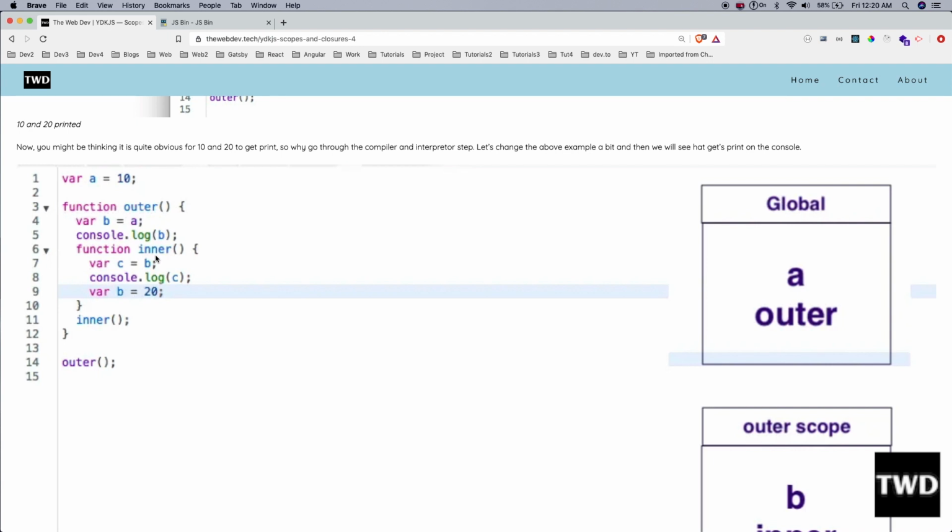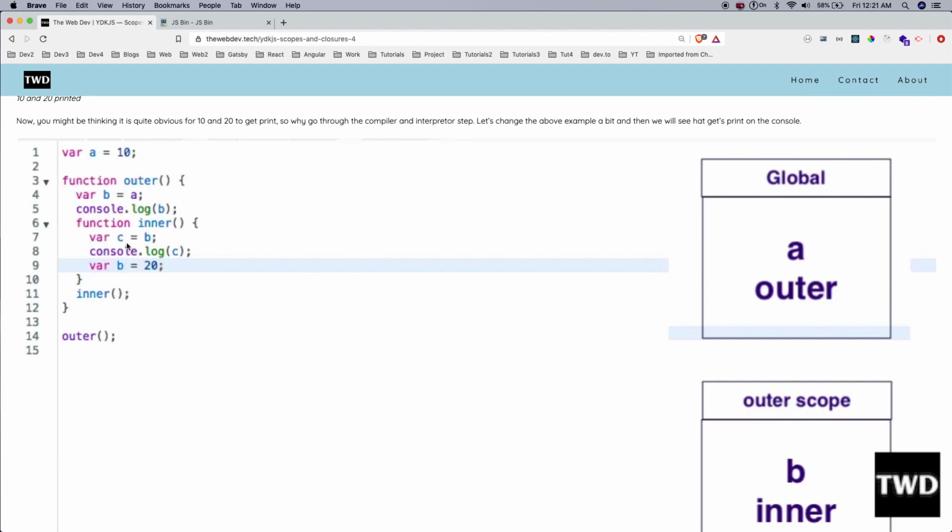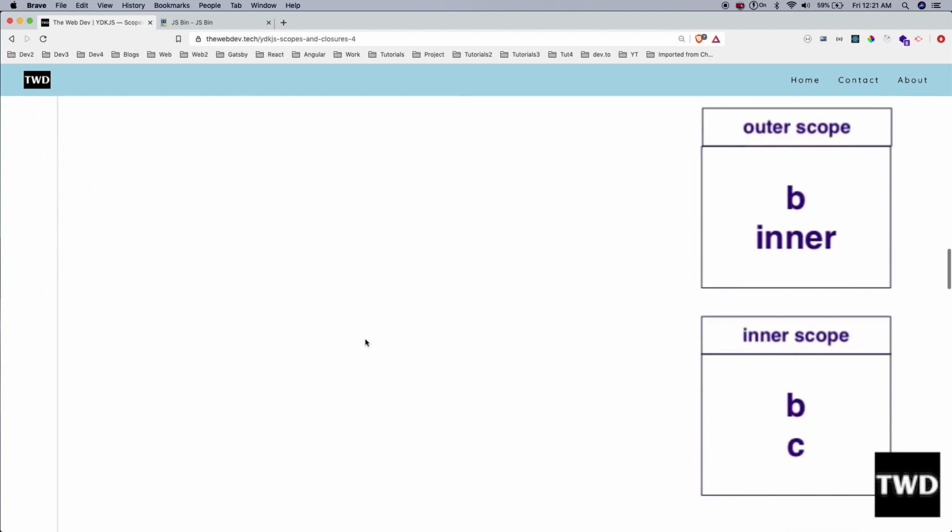After that it will come to var of c. It will ask the compiler whether c is there at the inner scope. Yes, c is there at the inner scope, so it will keep it. Then b is being assigned to c. It will again ask, as I have told, the interpreter first checks inside the block in which it is there. Again it will ask the compiler where b is in the inner scope. Compiler will say yes, b is there in the inner scope. See, b is there in the outer scope also, but it will first ask the compiler about the inner scope. Yes, it is at the inner scope.